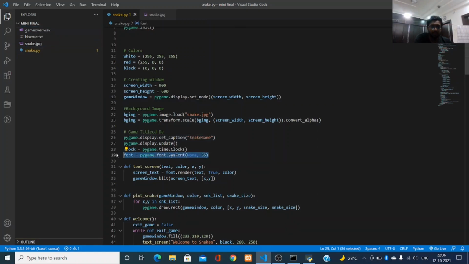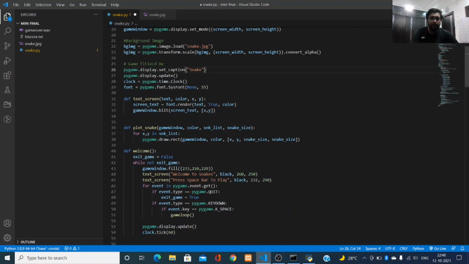Then this is the font, which is used for giving style and font size, etc. Then I have created the function text screen which will take text, color, x and y as arguments. X and y is the axis where we have to show text.